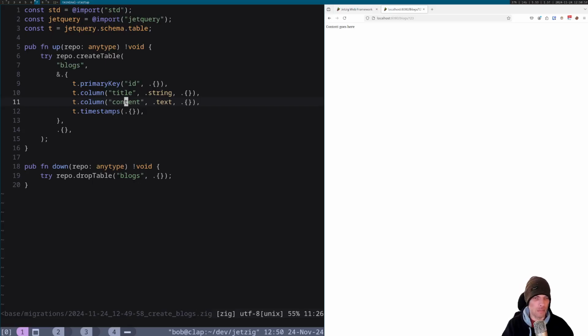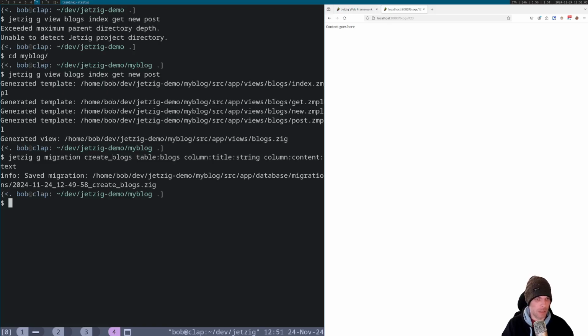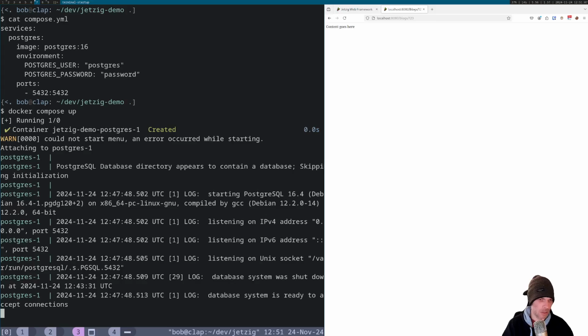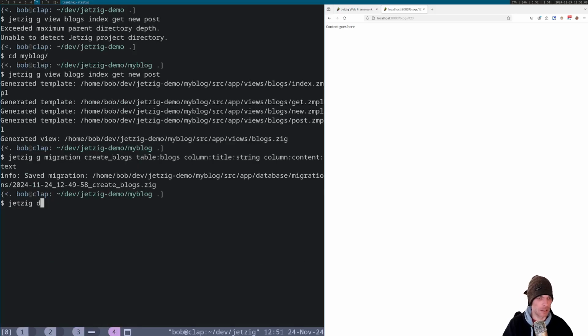Okay, so we created the migration. If we needed to make any changes here, we could do that. And then we need to actually run the migration, but first we need to create the database. So we don't actually have the database created. We've launched Postgres, but we haven't actually got the database there. So we do database create,